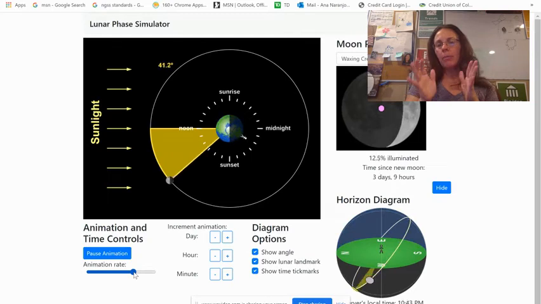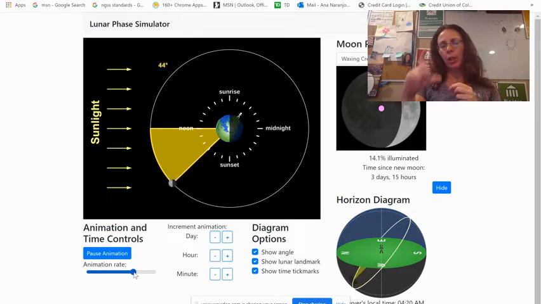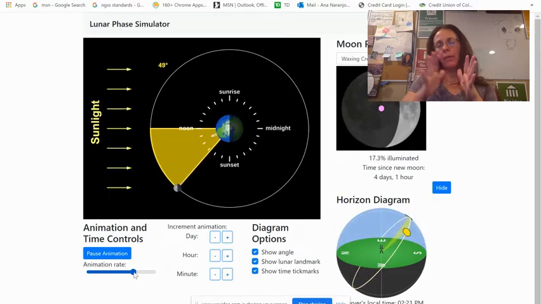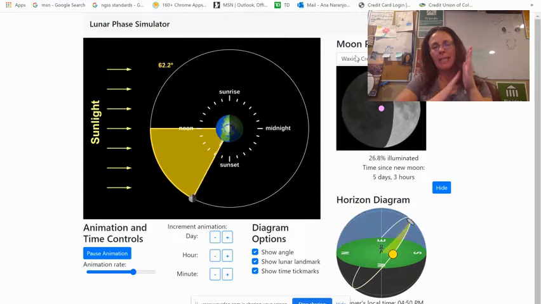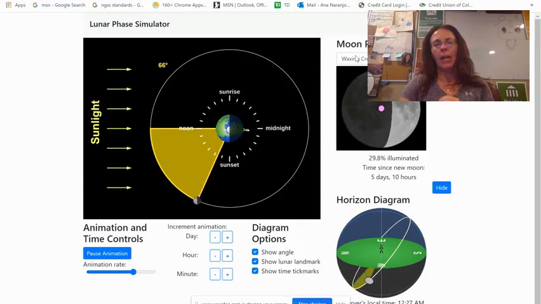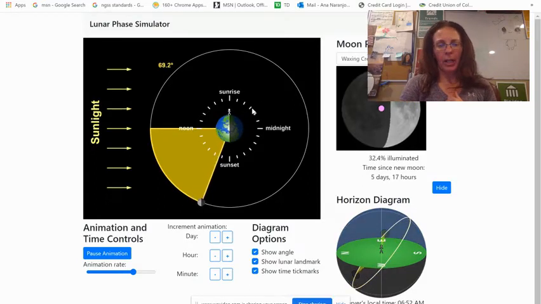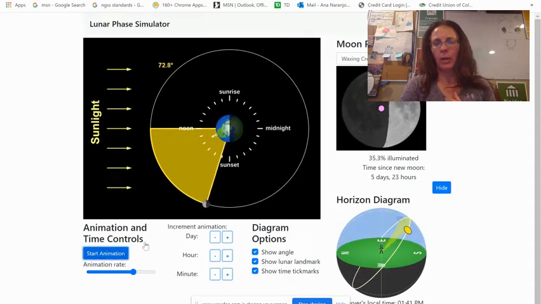So the first part of this assignment, you are going to go ahead and choose one of these phases that is called the waxing phase. And the waxing basically means the moon is getting larger, okay? So let's say I take this one, and this is what I want to use. So I'd go ahead and take a screenshot of this, and then I would insert it